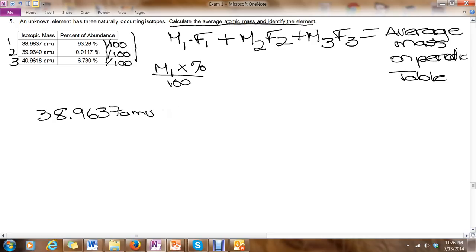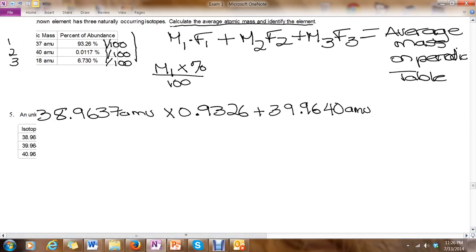So we have 38.9637 multiplied by 0.9326, plus 39.9640 AMU, plus